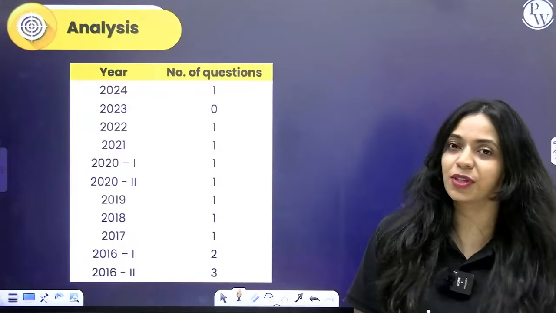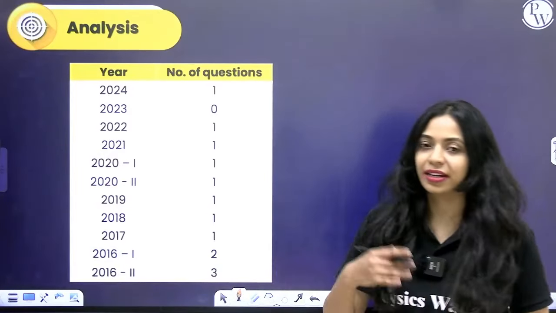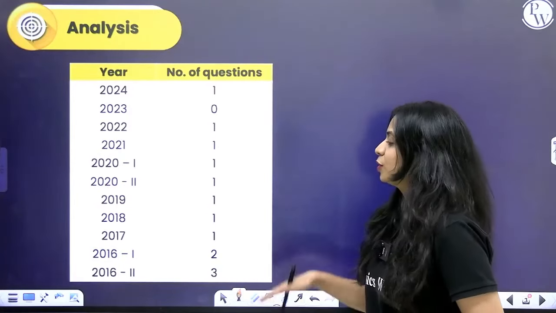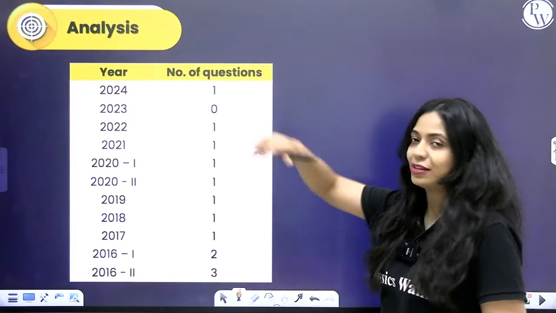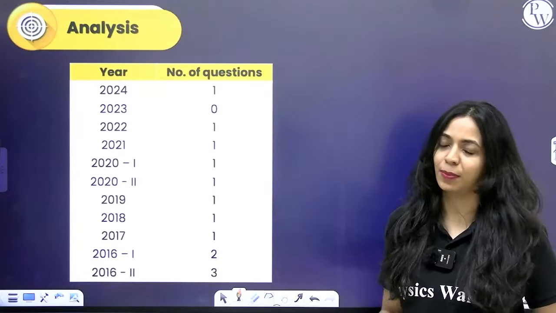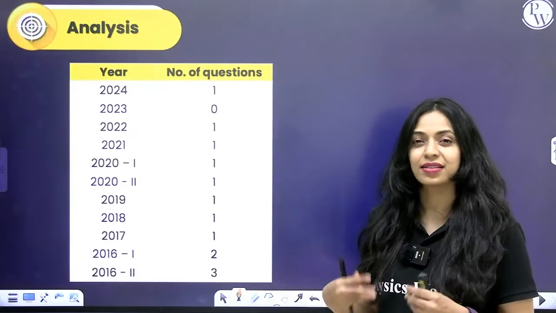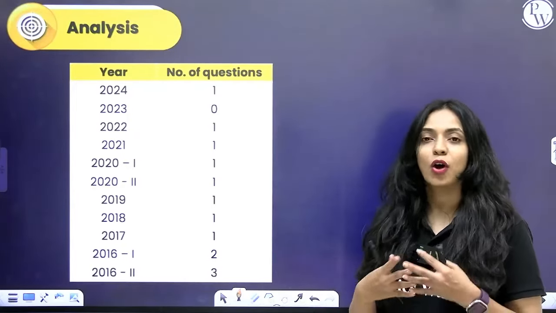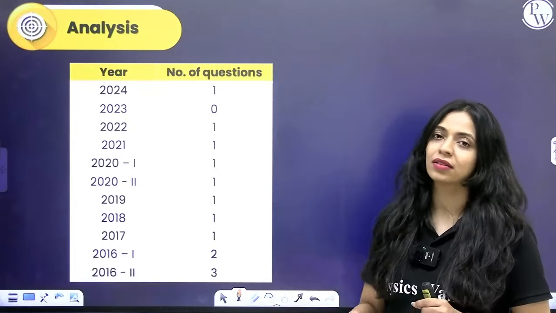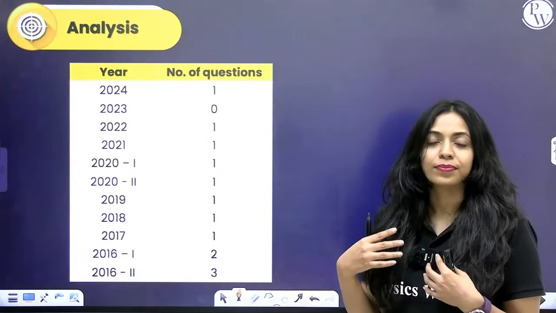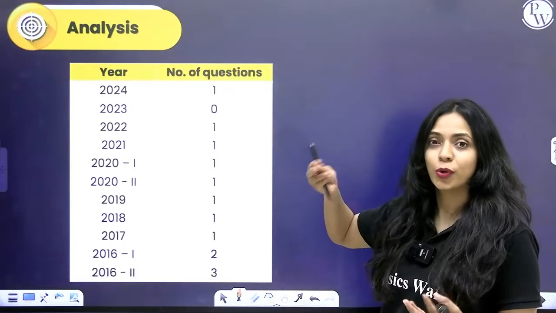have been asked from this chapter over the past few years. If you take a look at this table or the analysis that we have made, you can see how consistently from the year 2017 to the year 2024, one question has been asked from this chapter, and in the majority of the cases, these questions are example based. You will be learning a lot of examples for a lot of different groups in this chapter, so you can expect a question from those examples, all right, except for the year 2023 where no questions were asked from this